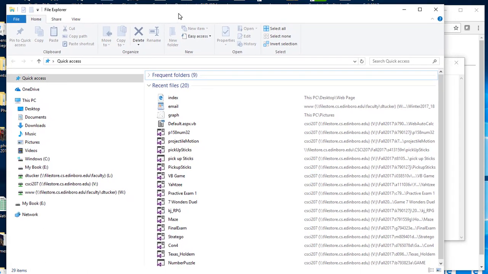Okay, now on this instance, I want to type in, this is the secret here, FTP ://web storage .edinboro.edu. Okay, that's FTP :// Notice the slashes are going forward. That's actually very important. The internet uses forward slashes; the local directory uses backslashes. So we're doing //web storage, all one word,